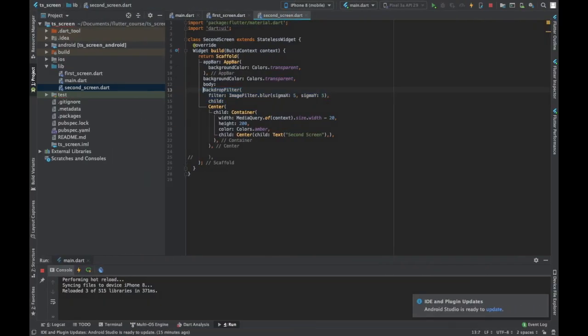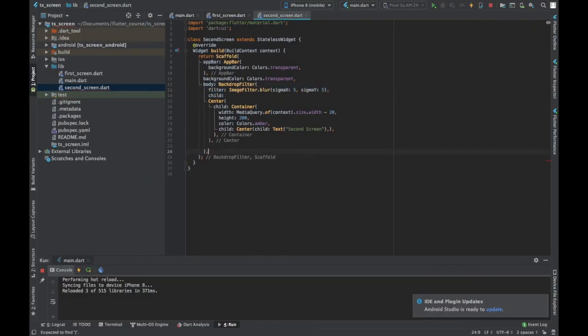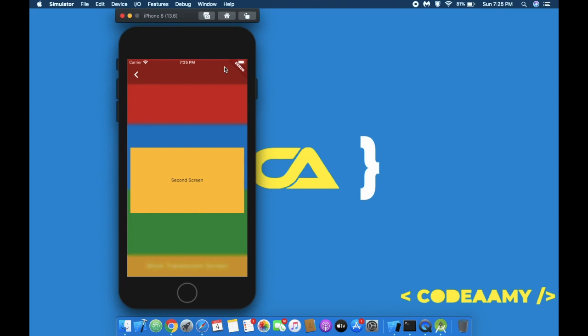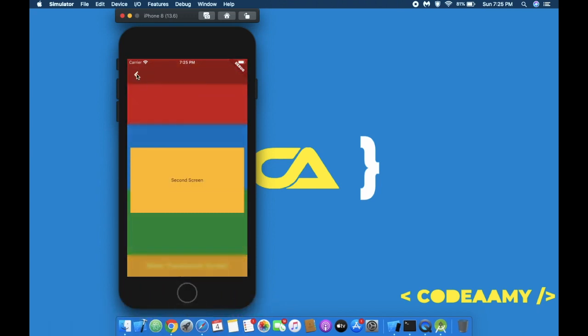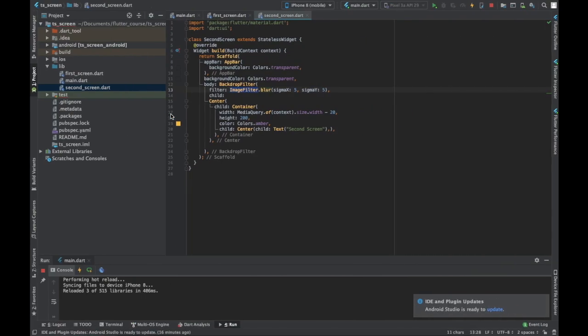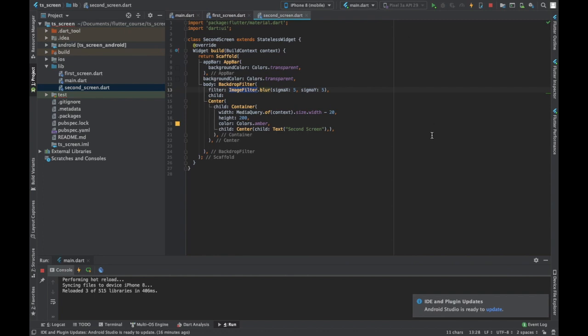And if I hit Control Z to again use our backdrop filter and image blur filter, Control S to hot reload, it became translucent. So, translucent screen, second screen. Yeah, simple. I hope you like this video. It was just a normal video to show how to create a translucent screen.